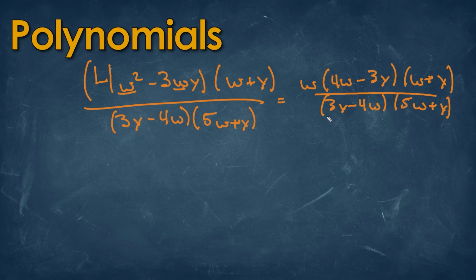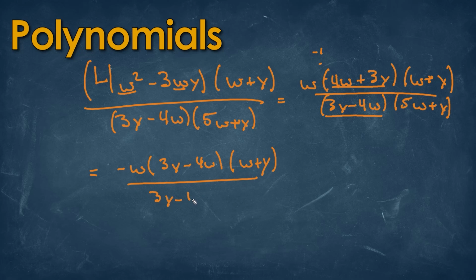Now we'll notice in this case that we have a 3y minus 4w, and here we have a 4w minus 3y. What we can end up doing is factoring out a negative 1 from here. And by doing that, we change this from negative and this to positive. So this will end up leading to where we have a negative w. Since we flip this, we have 3y minus 4w at top times a w plus y all over a 3y minus 4w in parentheses, and then in parentheses